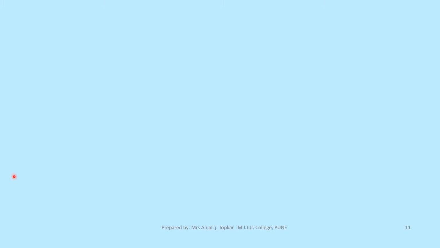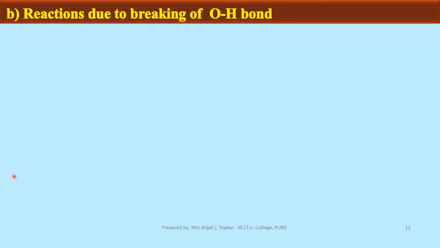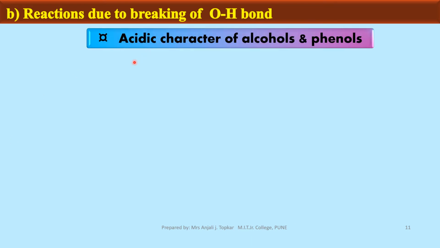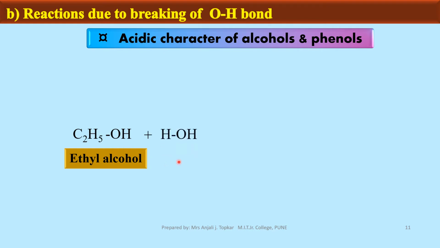Let's begin with reactions due to breaking of OH bond. First, we are going to see acidic character of alcohols and phenols. Here, this is the primary alcohol, ethyl alcohol, C2H5OH. When it is treated with HOH,